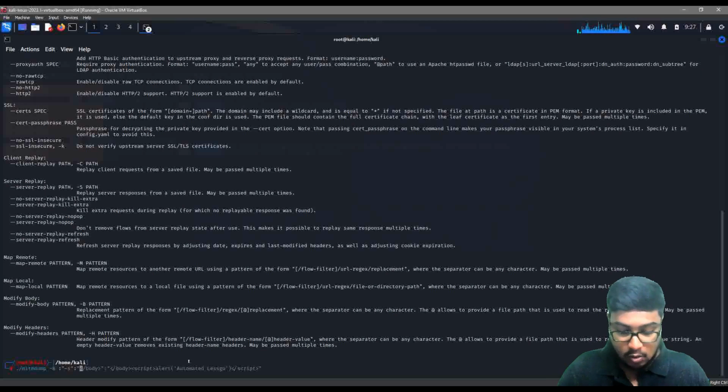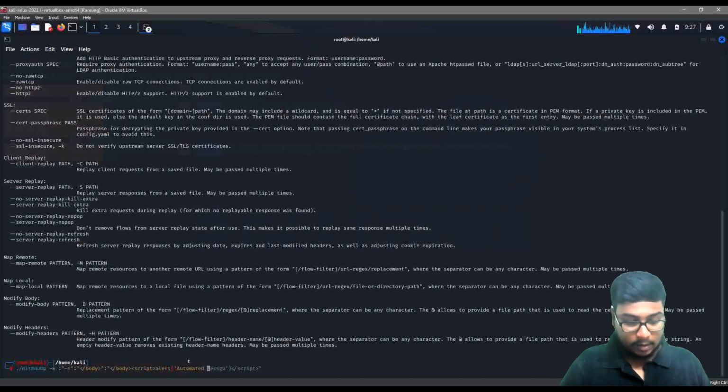Then it will look for the /body tag in the response of the request and replace that entire thing with a /body closure. Then we'll have a script placed in it. The script will alert something here,